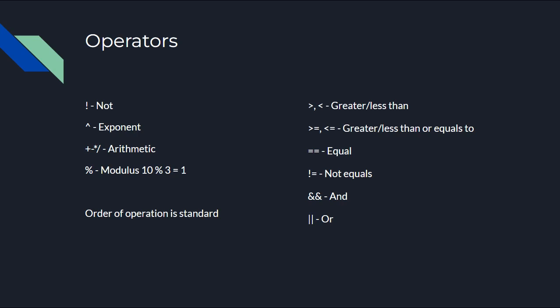So there's greater than or less than, pretty standard. Greater than or equals to and less than or equals to. The double equal sign represents a comparison equals, while the single would be to set a variable. So double equal sign would be comparing if two things are equal, while a singular equal sign would be setting the variable to a specific value. That'd be setting that variable. Bang equals checks if two variables are not equal and will return true if those two variables are